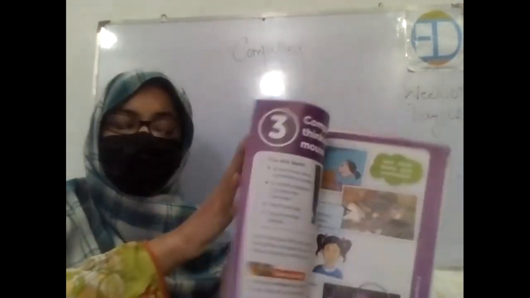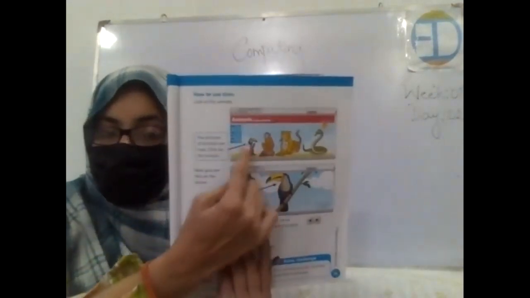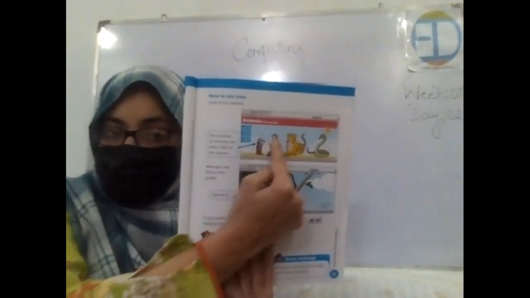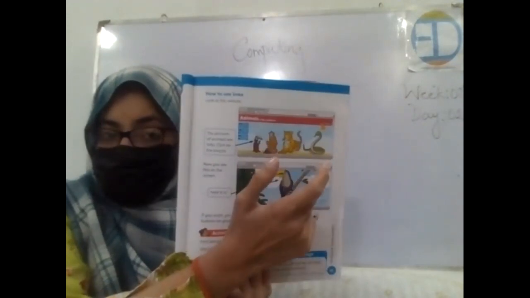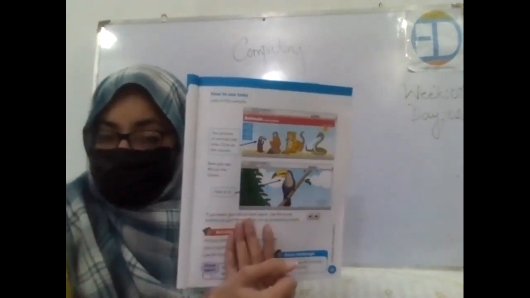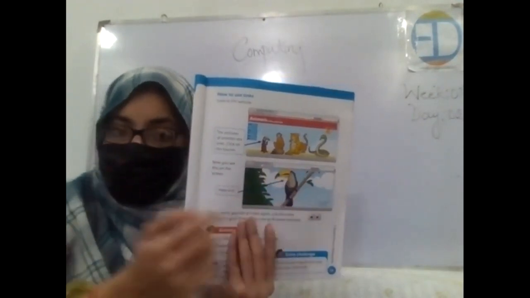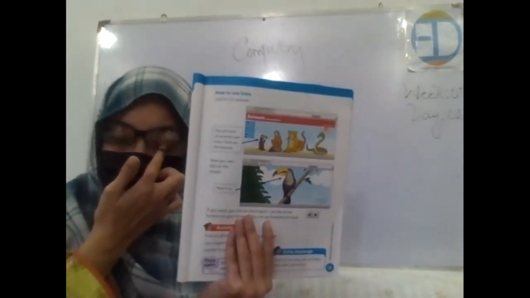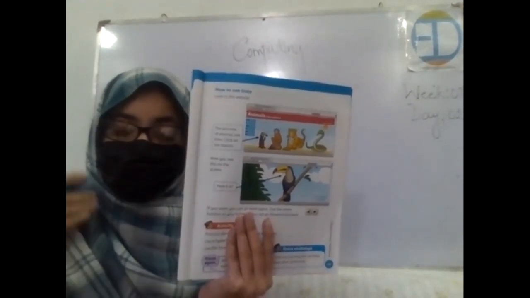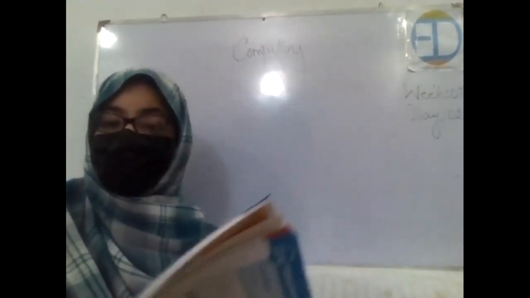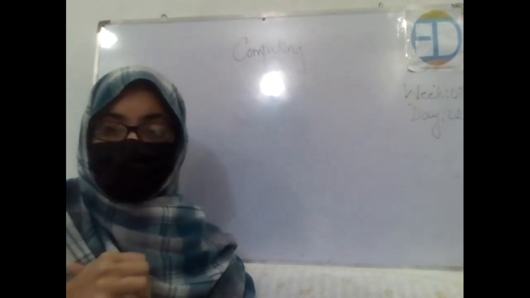And there is this example of it, the picture hyperlink in your book. This was a web page in which four pictures were given: of a snake, of a tiger, a monkey, and a bird. When you click on this, this was a hyperlink. It takes you to the next web page. So this picture was a hyperlink, right? So from this, what we get to know is that a hyperlink can be anything.